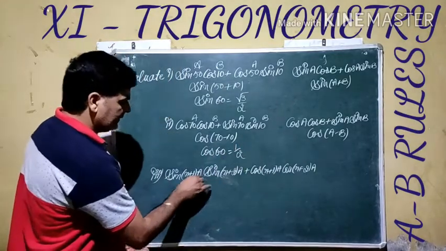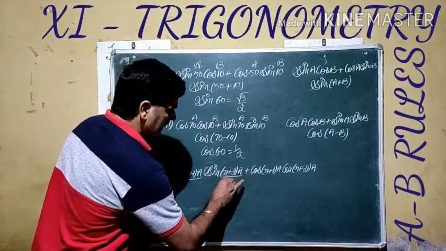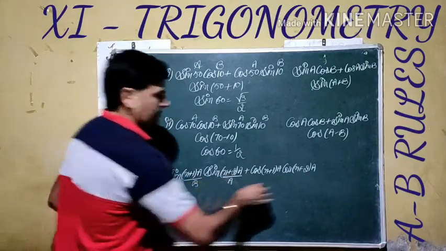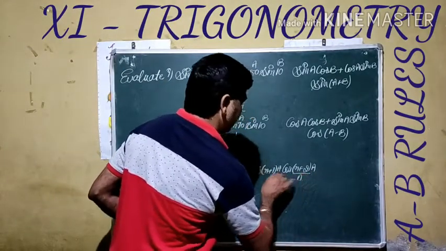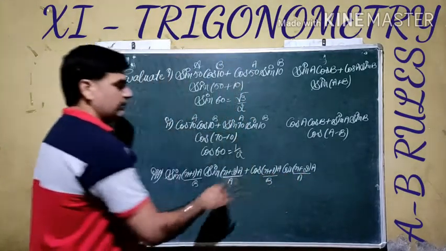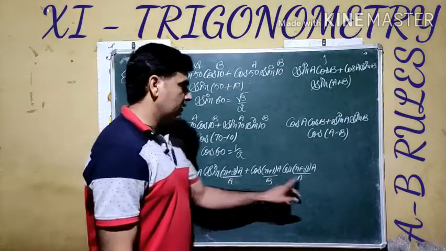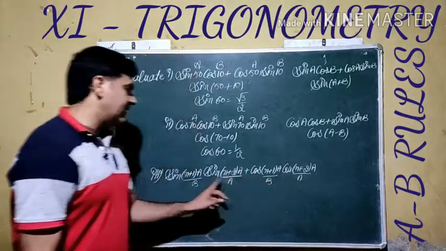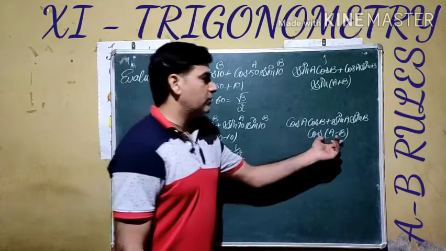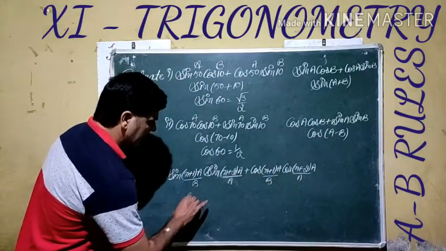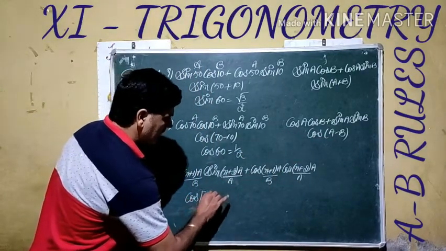Same here. If you see here, it is like A, it is like B. There is a plus symbol, so we are going to indicate from here cos A cos B + sin A sin B. Again, the cos of A minus B formula. So it can be written like this: cos of A